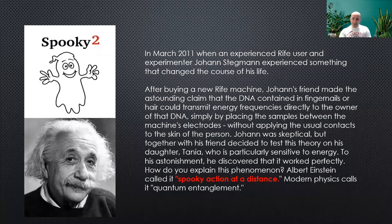How do you explain this phenomenon? Albert Einstein called it spooky action at a distance. Modern physicists call it quantum entanglement. So this is basically the Spooky breakthrough. Why? Because Spooky was the one that discovered that you can heal with your nails. Of course, Royal Rife didn't hear about it, or didn't believe it, or didn't know what was going to happen with this machine. I can tell you, in my clinic,